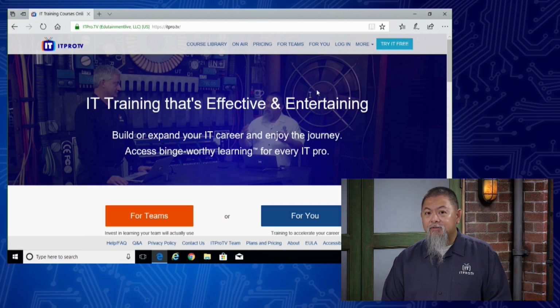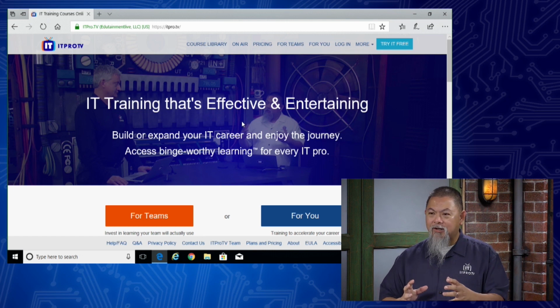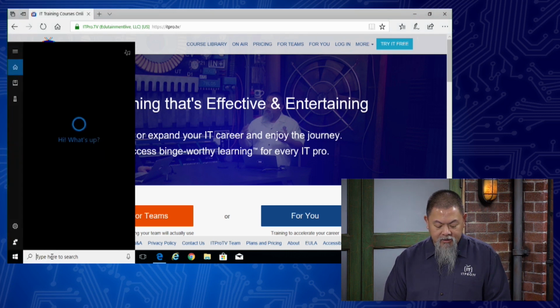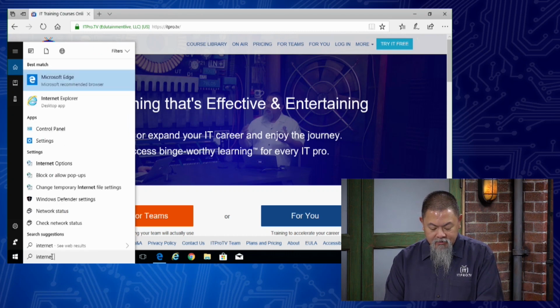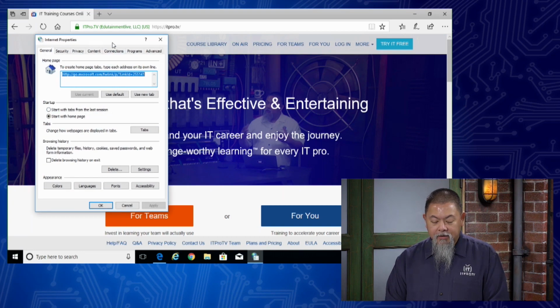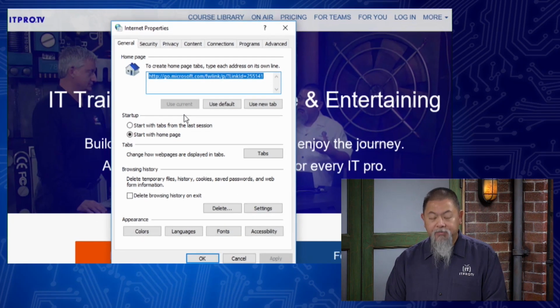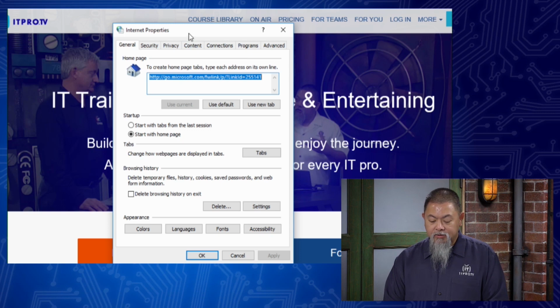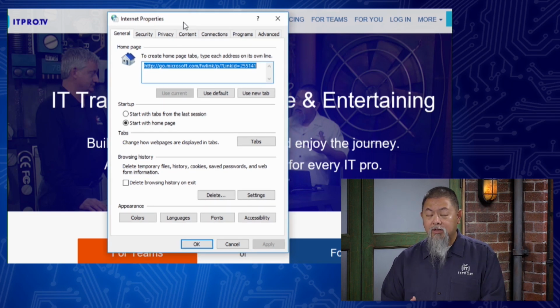Now, in Microsoft Edge, it's not a direct option this way, which is kind of strange. They have it because they have two different browsers on Windows 10, Internet Explorer as well as Microsoft Edge. They have this stored inside of what they call the Internet Options area. Now, this is normally found in our control panel, but if I come over here to the type search, I can type in Internet Options, and that will bring it up in the control panel. And this is what I'll normally get access to. So right here, this will control it for both Internet Explorer as well as Edge.